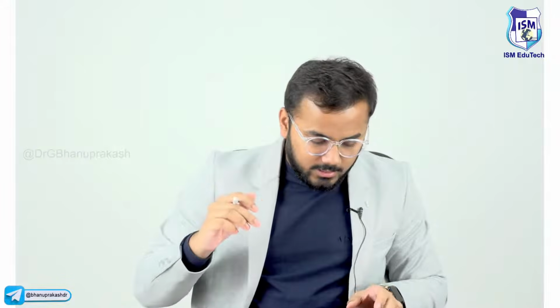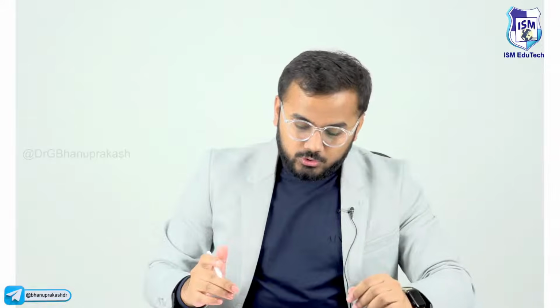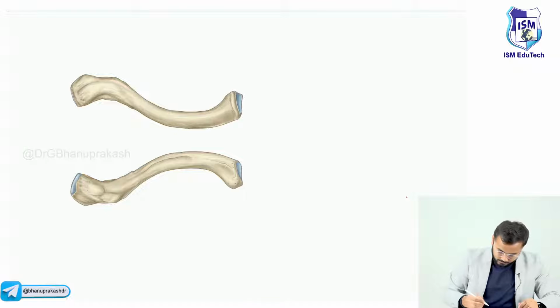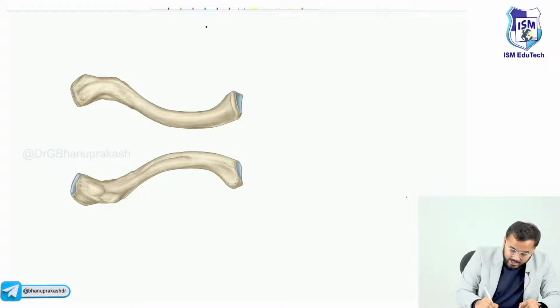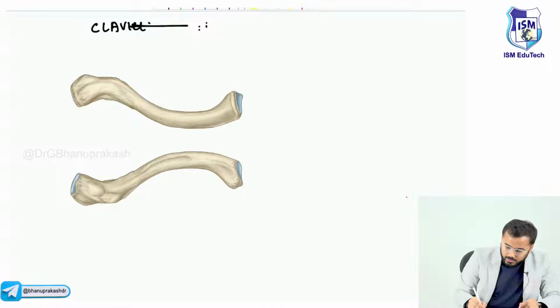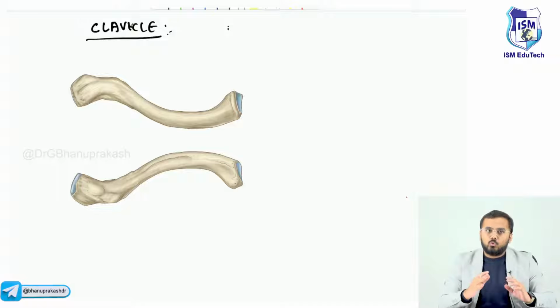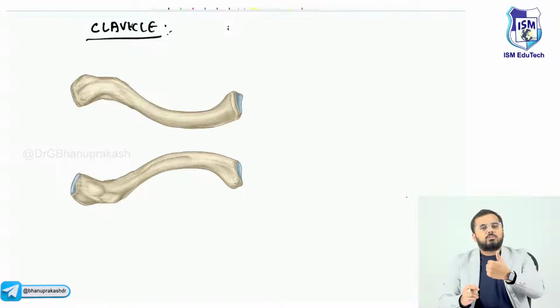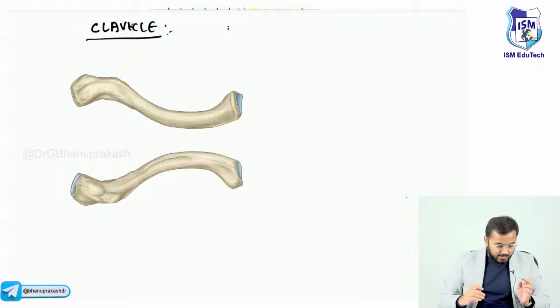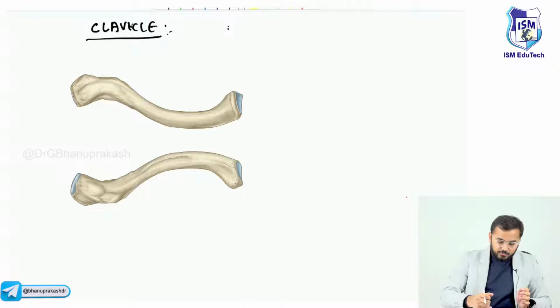Now let us discuss these things, right? So all of you look here now. As you can see the clavicle over here, right? As you can see the clavicle over here. So this clavicle is comprised, right, of two ends. One is called a medial end, another one is called a lateral end. Now guys, all of you just